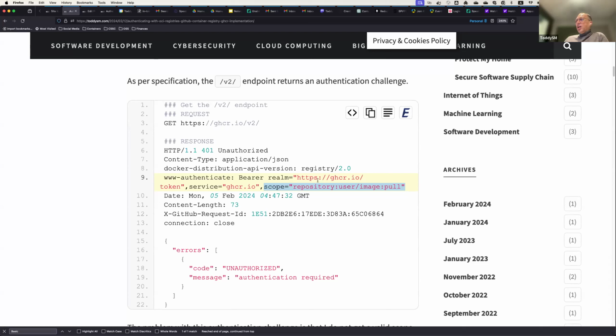And then you need to figure out exactly. First, it's not very clear what the scope will be if I want to use just the V2 endpoint. If I want to get the catalog, also it's not clear, and the catalog behaves a little bit differently. But if I try to hit my repository, TODSM/Python, and get a pool token, I cannot use the scope that is returned in the response because the scope doesn't tell me anything.